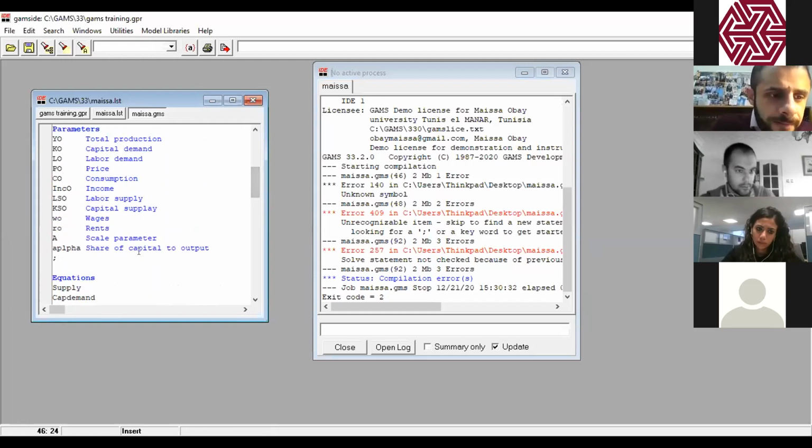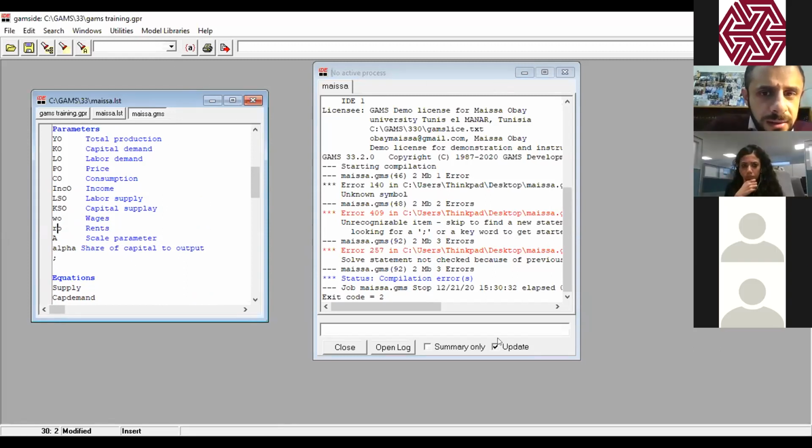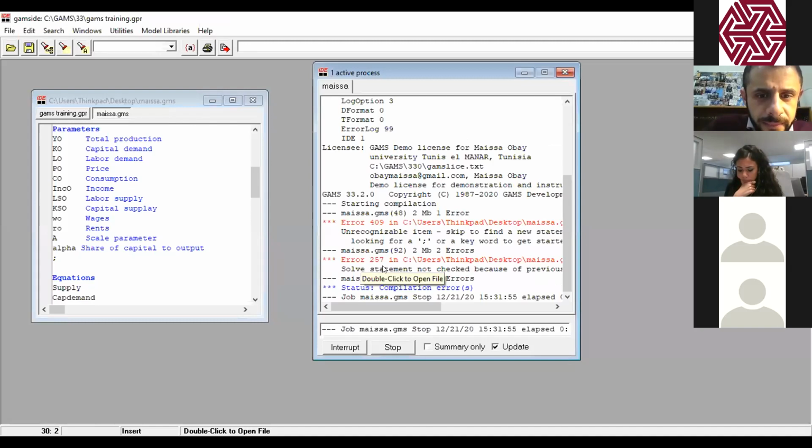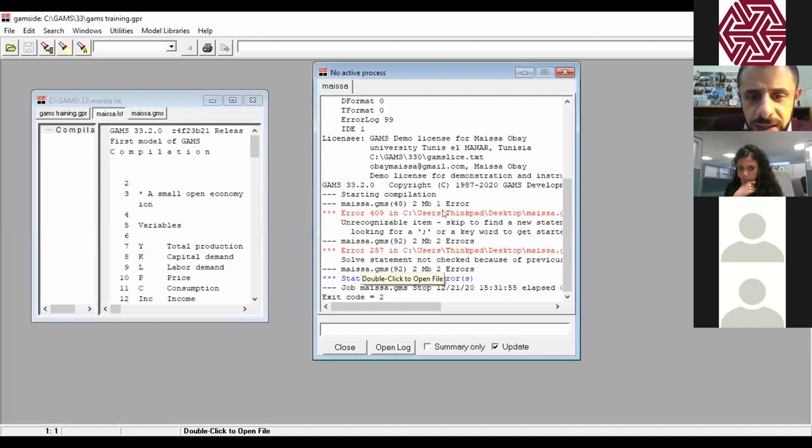Yes, stop please. So see here, you wrote the parameter AP. Exactly. Run once again. So now we have fewer errors. Click on this one.